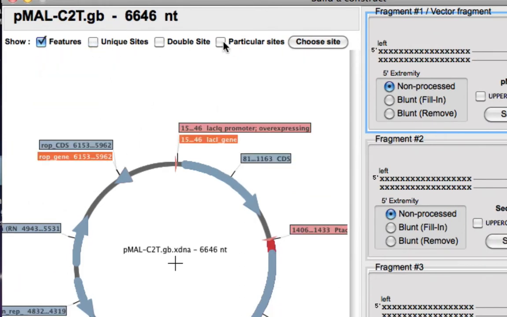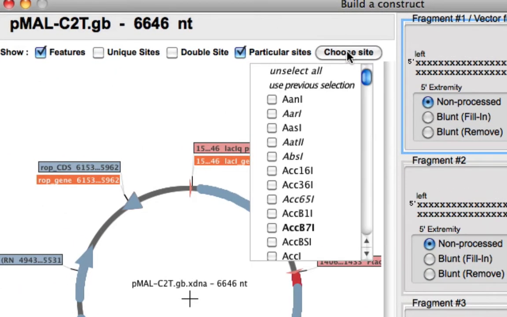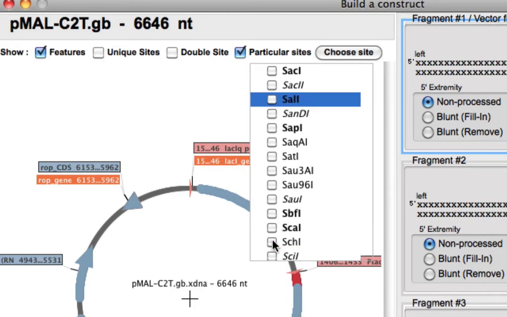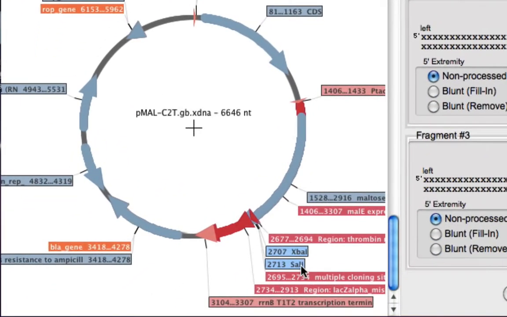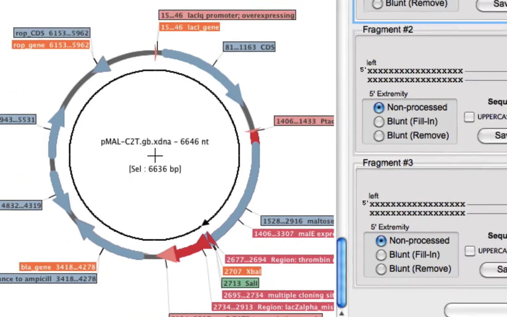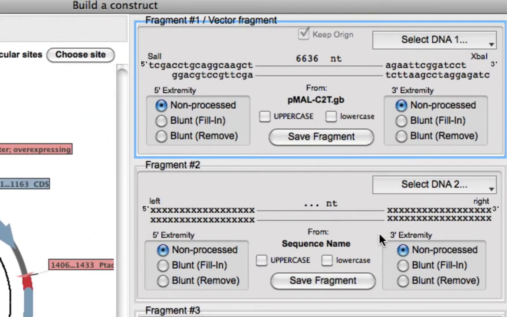And I'll get rid of unique sites, and from particular sites I'll select XbaI and SalI. Now again, the restriction direction happens in the clockwise direction. So I'll click SalI first, press shift and then XbaI. This way it will cleave at both REs and select the longer fragment.